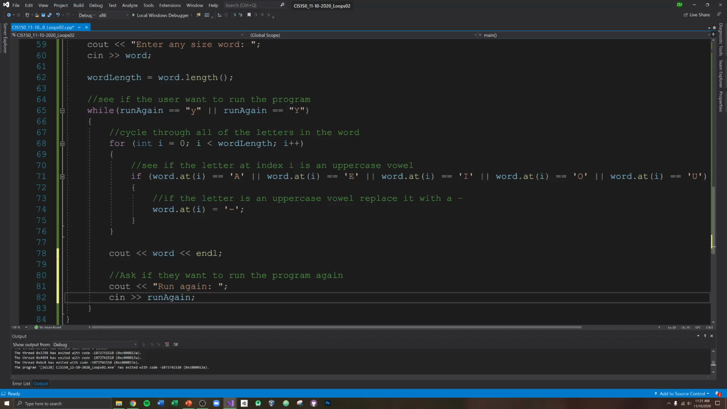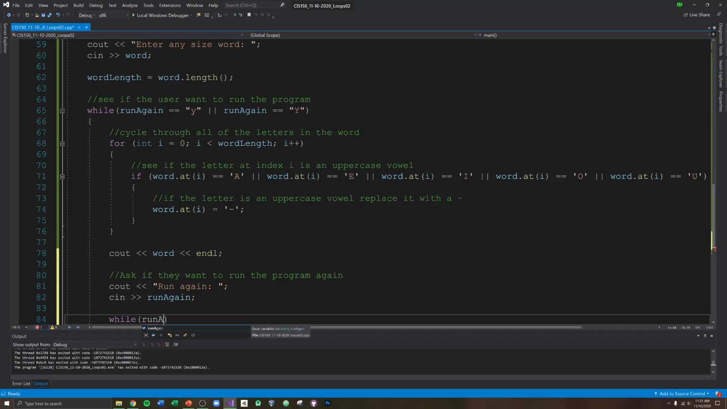Now it gets tricky. It's tricky because we need to say, what do we want to do next? Well, what is valid input? What is invalid input? Valid input is uppercase Y, lowercase y, uppercase N, lowercase n. Those are the things we should be checking against. So I'll say while run again